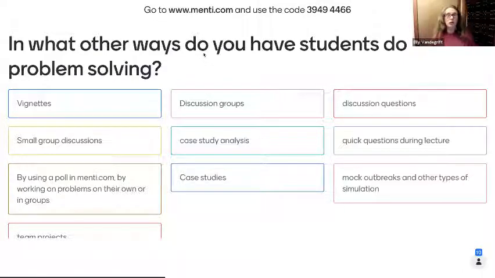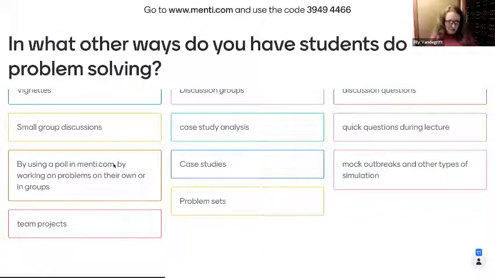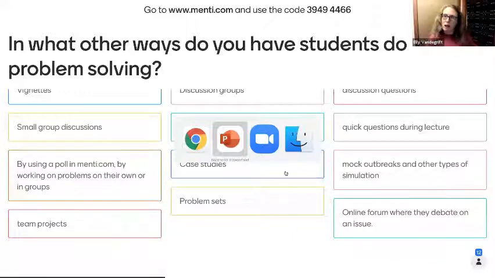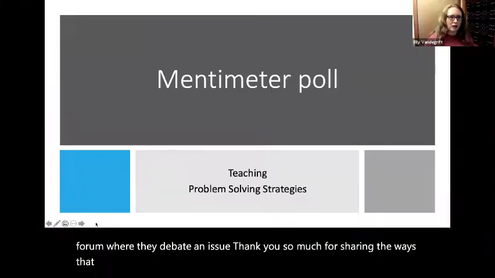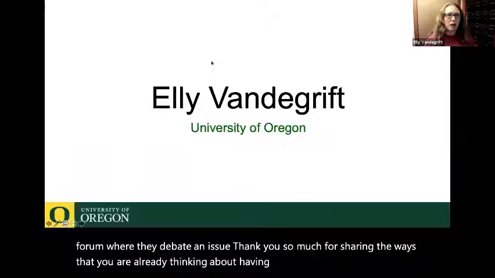Great. Mock breakouts, outbreaks and other types of simulations. Okay, great. So giving students an opportunity to simulate a health problem. Team projects. Excellent. Problem sets. Oh, and problem sets are great in class or out of class. Okay, excellent. Lots of really good ideas here for problem solving. Oh, online forum where they debate an issue. Okay, thank you so much for sharing the ways that you are already thinking about having students engage in problem